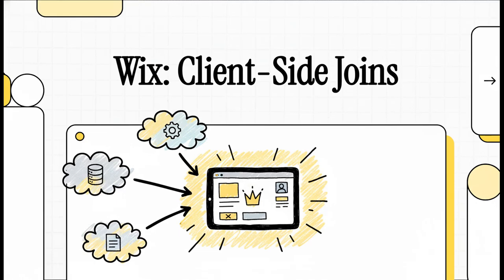So, in the world of modern software, our data is everywhere, right? It's scattered across dozens of different services. So, the real question is, how do you actually bring it all together for the user without creating this total mess on the back end? Well, Wix has a surprisingly simple rule for this, and it all starts by putting the user's own application in